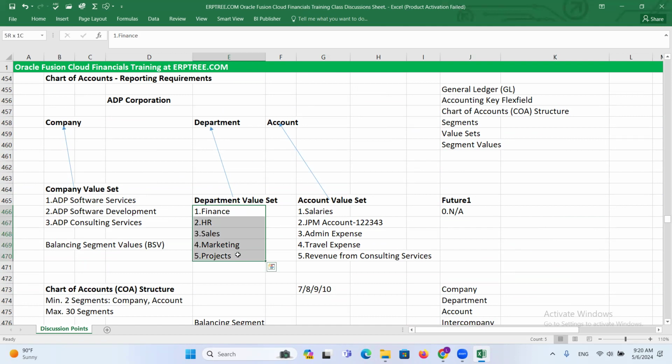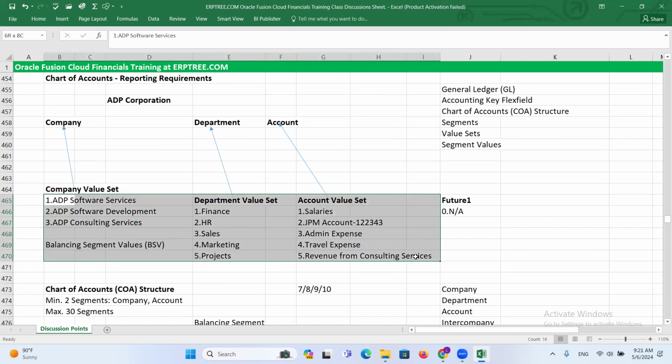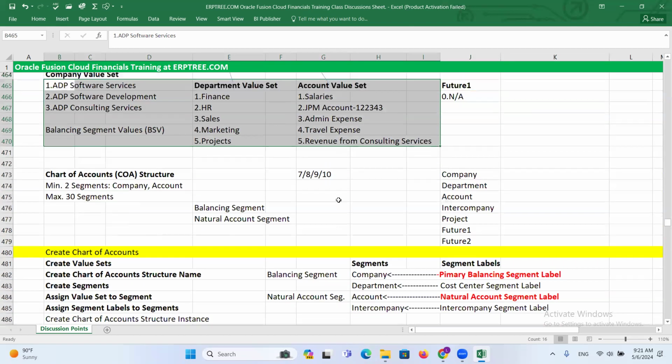For these 5 departments, allow posting is yes or not. By default, we set allow budgeting, allow posting yes for everything. All these will be set as yes only. And when you are dealing with only